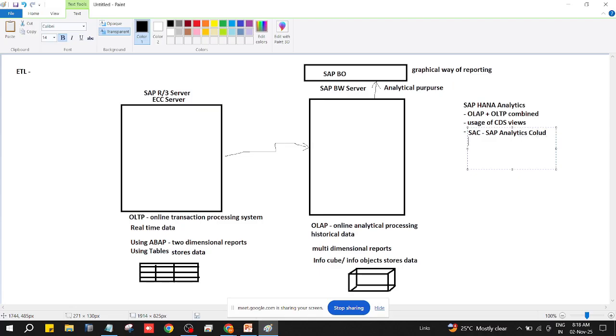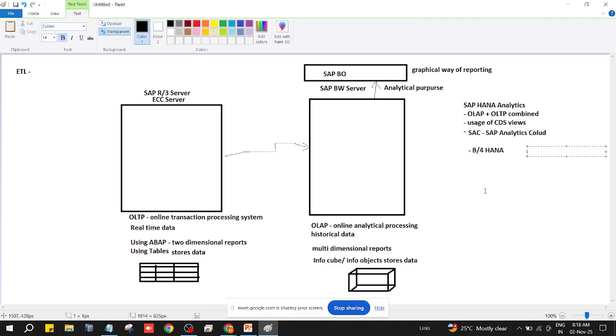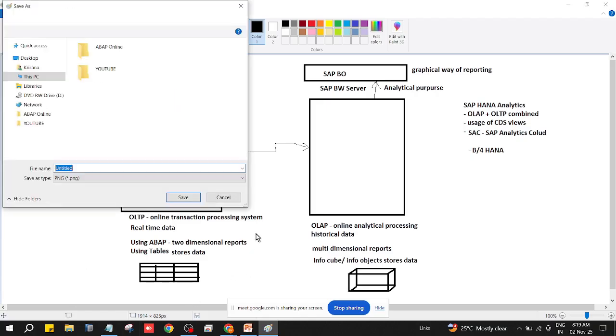Then in this only they came with, just like I told you before, HANA also came into picture. So this area keeps on extending like anything. That means a lot of changes happened by SAP. Just like S4 HANA, like that before HANA also. This is a kind of extension to the ABAP course, which is a real